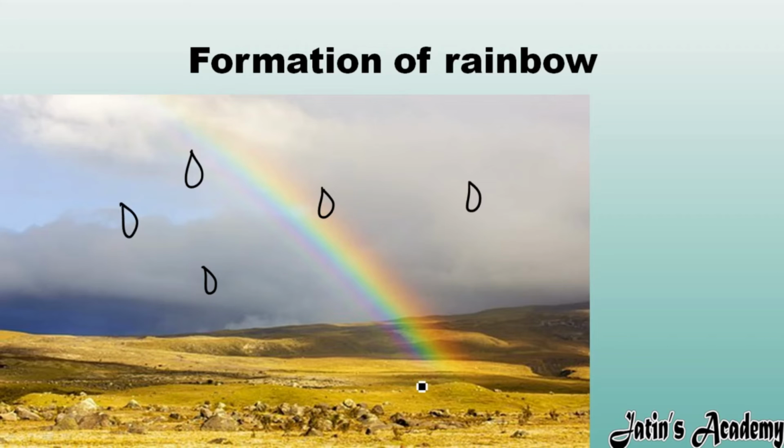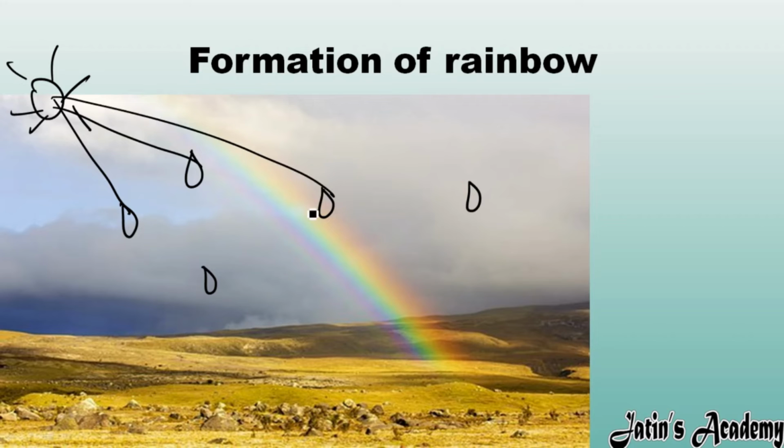After rain, it is not the case that all the raindrops go away with the rain. Some raindrops are still there in the sky after rain. So when the sun rises after rain, the sun sends light rays to each and every droplet. And as we know, in the sun, white